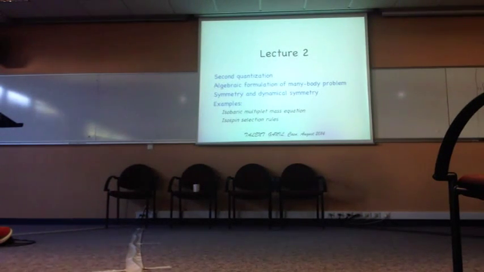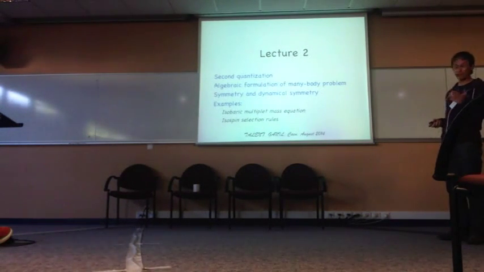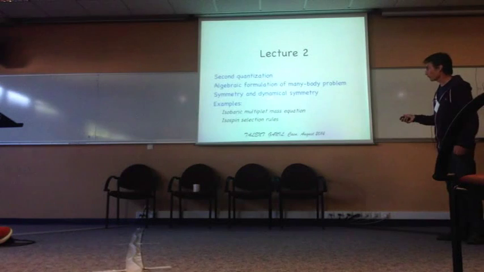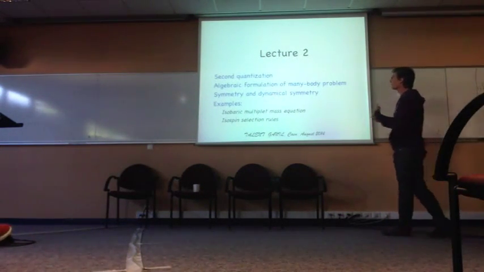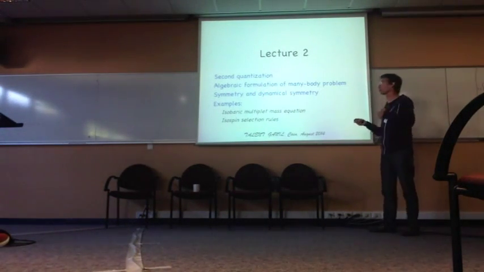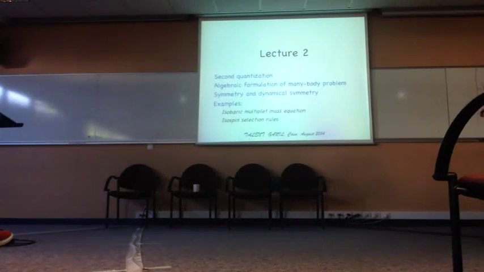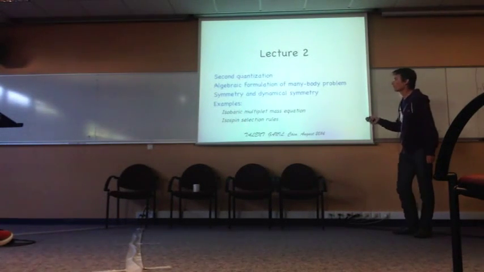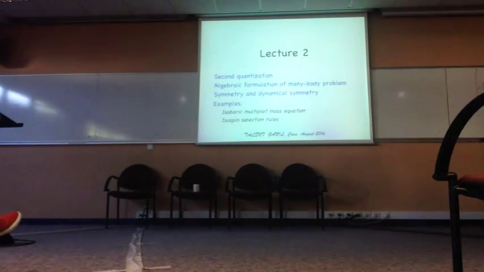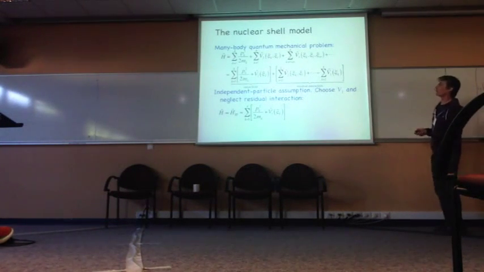You're all familiar, I guess, with the concept of symmetry and how it arises in quantum mechanics. There is something which is a bit more subtle, which is known as dynamical symmetry, and this is precisely a concept that is of help in solving many-body problems algebraically. And so these things I will illustrate with 2 examples. So this is for tomorrow. But let me come to today, and let me do a little bit of a review of